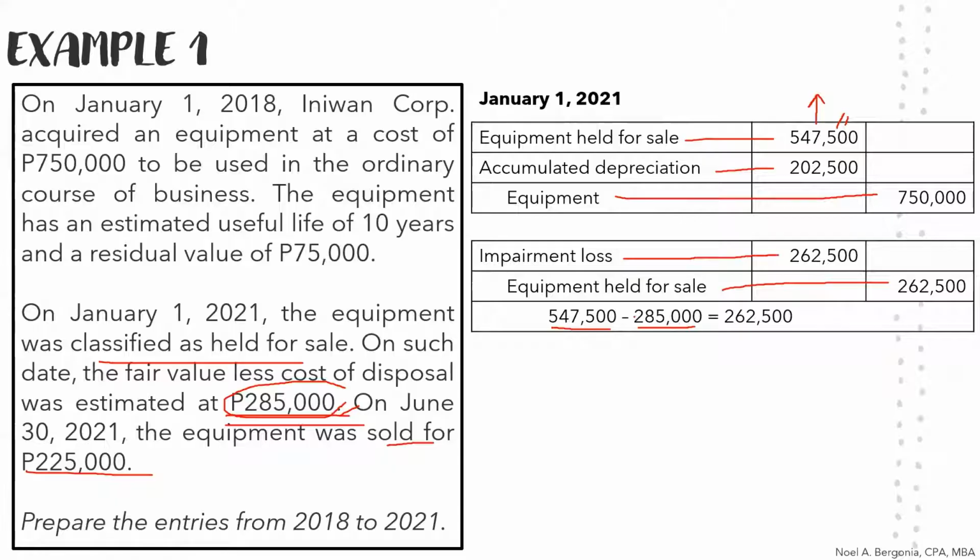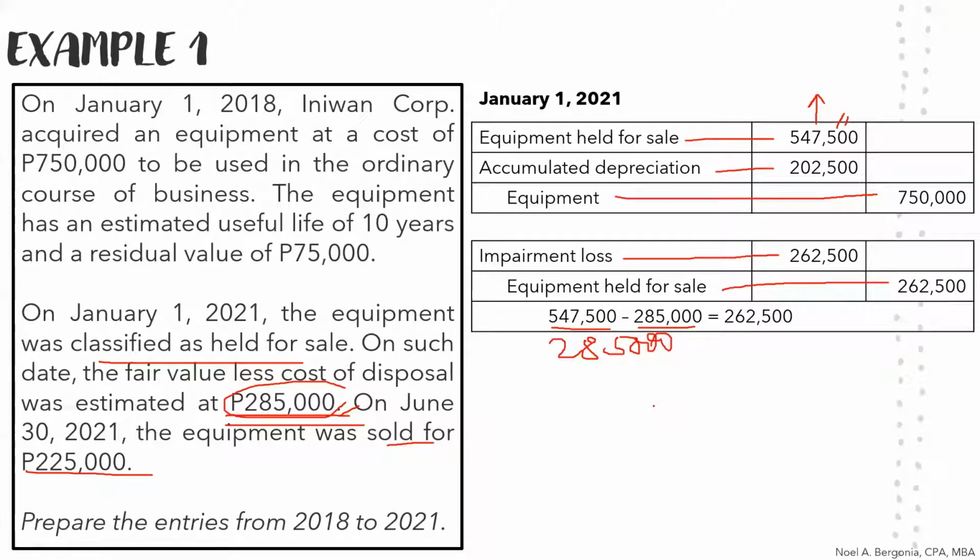Okay, kasi mas mababa yung fair value less cost to sell, which is as mentioned to you a while ago under paragraph number 15, di ba, that we should recognize our held for sale asset as the lower between the carrying value and fair value less cost to sell. Okay? Then that's our January 1, at the time of reclassification. So pag tinanong ko kayo, magkano na yung valuation natin ng ating held for sale, so that's already the 285,000. Okay? So I hope that that is clear ha. Again, if you do have questions, please let me know.